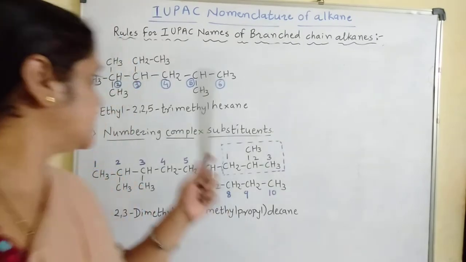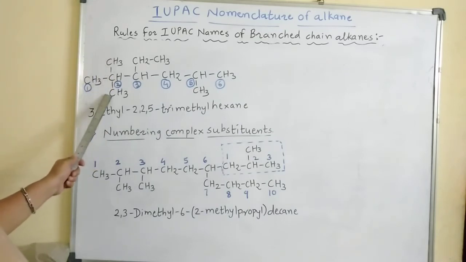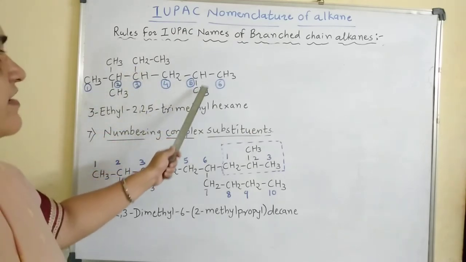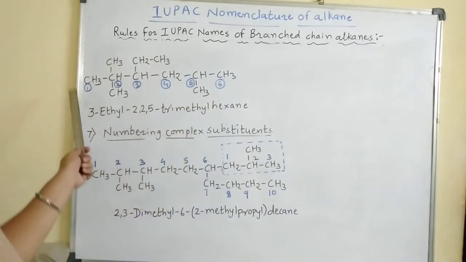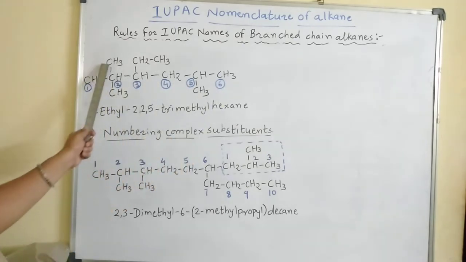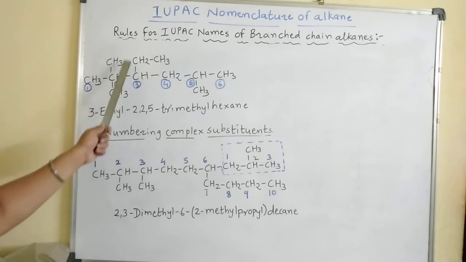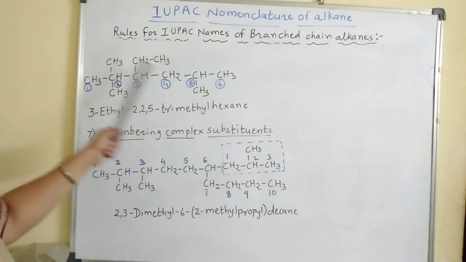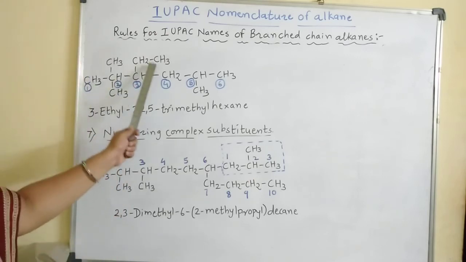Now students, see the next compound. Here CH3, CH, this CH is carrying 2 methyl groups as substituent, then this CH carrying 1 ethyl group as a substituent, CH2, CH, again this number 5 carbon is also carrying 1 substituent methyl group, and this CH3. Now I have numbered this carbon chain from left hand side to right hand side. Carbon number 2 is carrying 2 branches, so numbering from this side is correct. Now carbon number 3 carrying ethyl group, carbon number 5 also carrying methyl group. Here totally 3 methyl groups are present, and carbon number 3 is only carrying ethyl group.